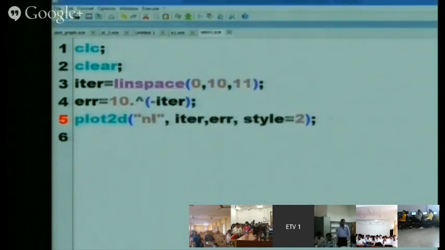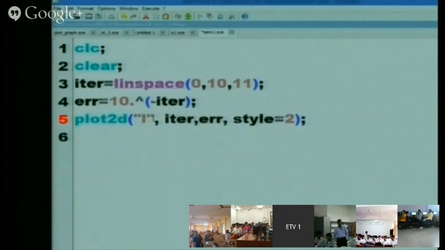And if I am writing here double L, it means log graph. Earlier I was using semi log graph with the keyword NL. If I am using LL, meaning log graph, then what I'll be getting,